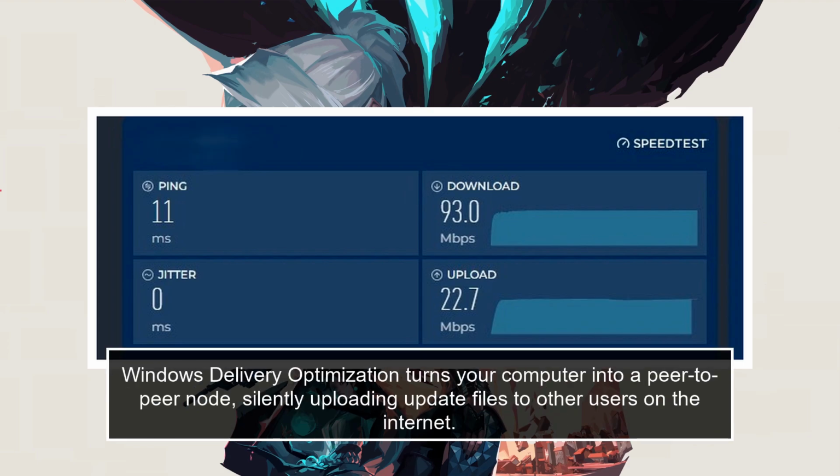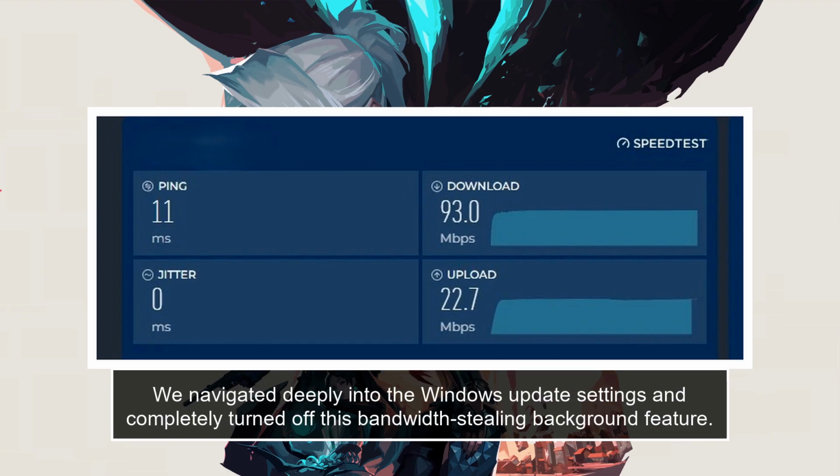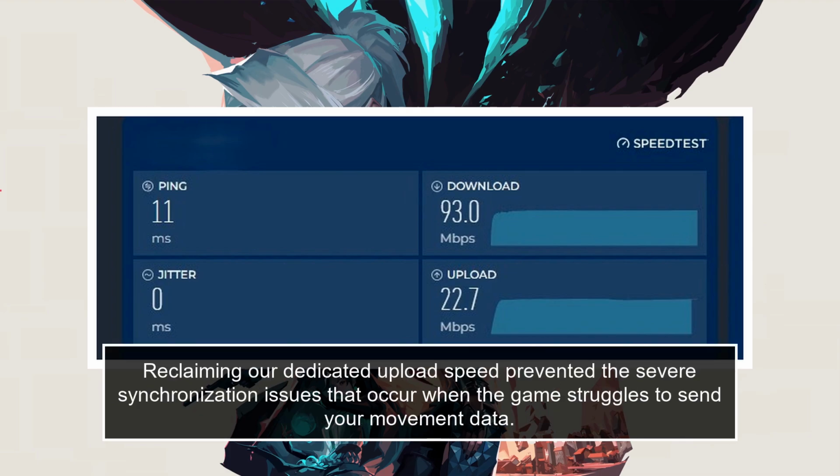Windows delivery optimization turns your computer into a peer-to-peer node, silently uploading update files to other users on the internet. We navigated deeply into the Windows Update settings and completely turned off this bandwidth-stealing background feature. Reclaiming our dedicated upload speed prevented the severe synchronization issues that occur when the game struggles to send your movement